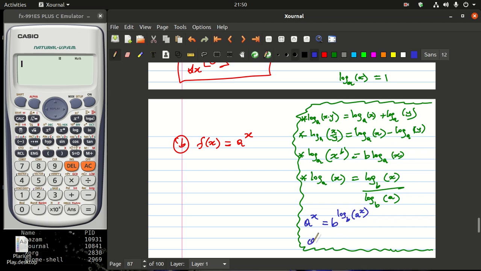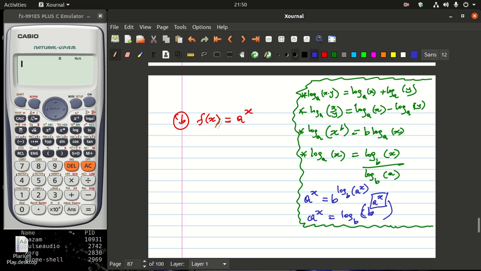And also this same thing here, if you have a to the power x, this can also be the same as log base b of b raised to a to the power x. So we can always have something of this nature here. Take note that this whole thing is an exponent of b. So if you bring it down, I have b and b, so it's going to be 1. I get the same thing. So these are the things that I want you to remember in this particular lesson,